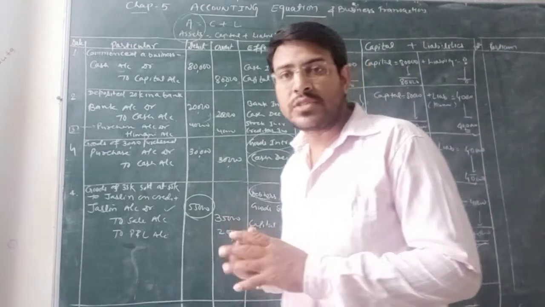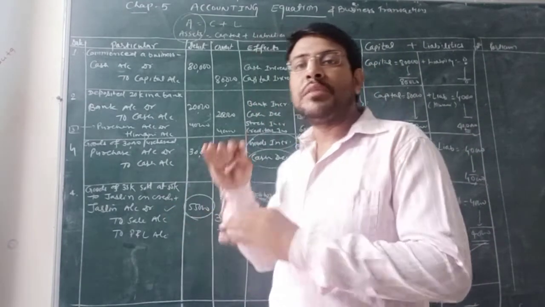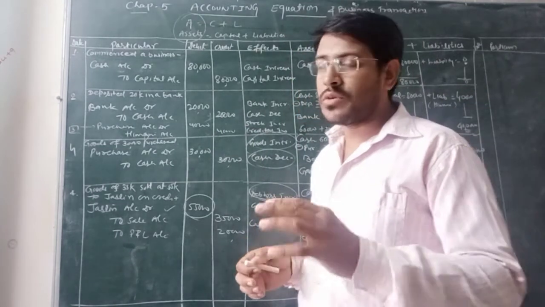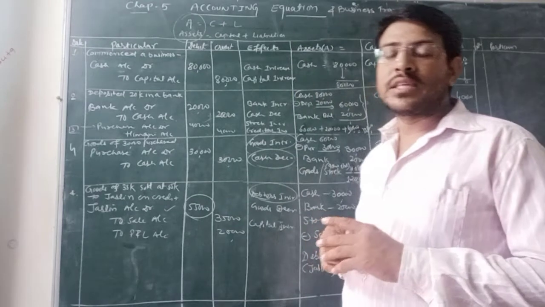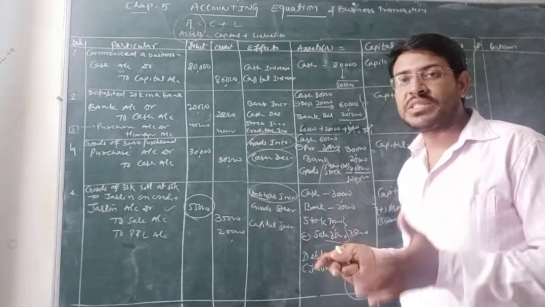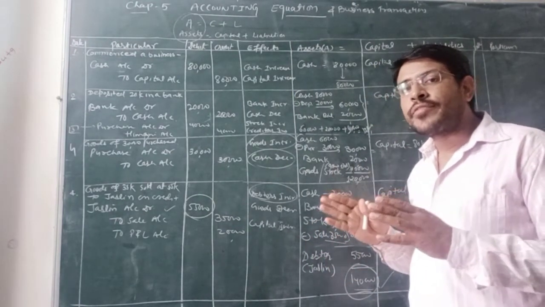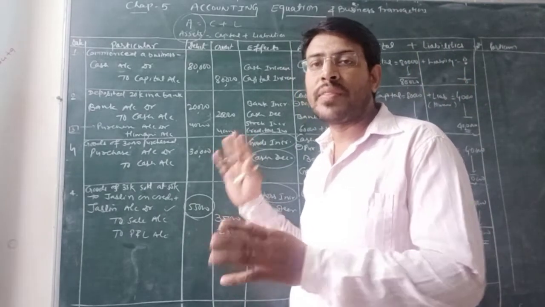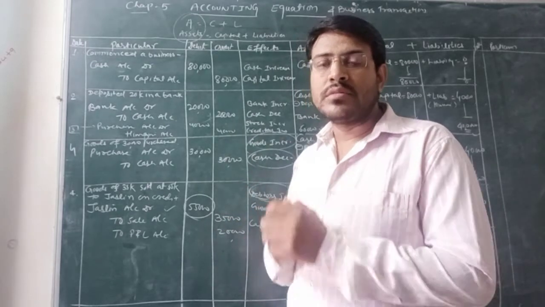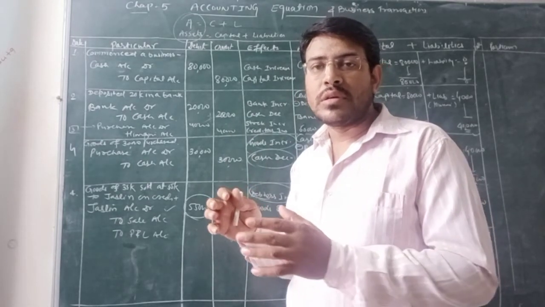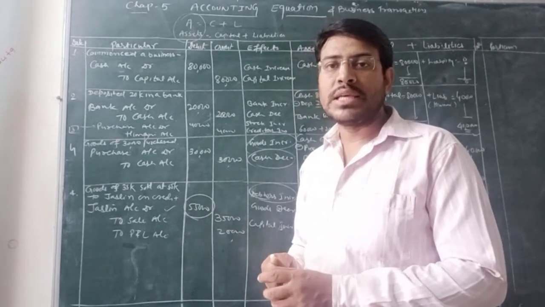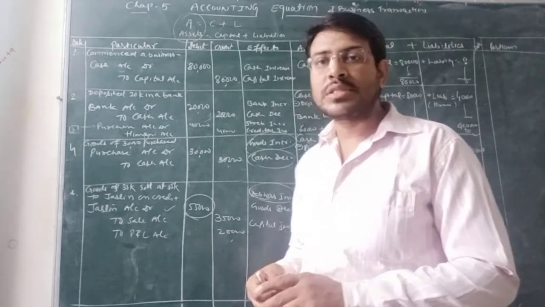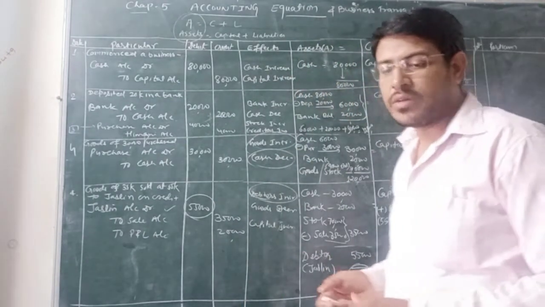जितनी हमारी assets होंगी, संपत्तियां होंगी, उतनी ही हमारी capital और liability जिम्मेदारियां भी उतनी ही होंगी. ठीक है? So this is all about journal entries. हम सबको पता है कैसे करते हैं business transactions में. From those journal entries, we will transfer these entries into the accounting equation and prove whether this accounting equation is whatever given in the question. A = C + L, that fulfills the requirement of A = C + L or not. So let's start with the first entry.